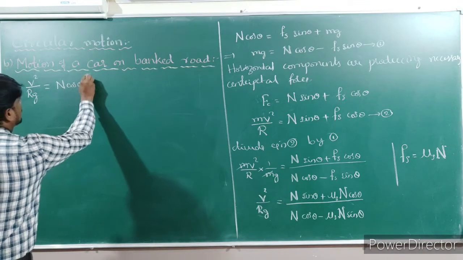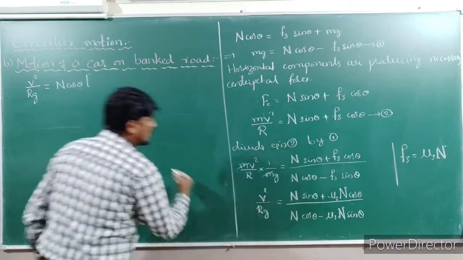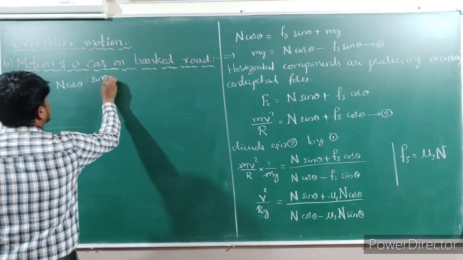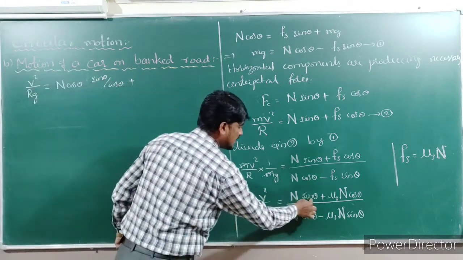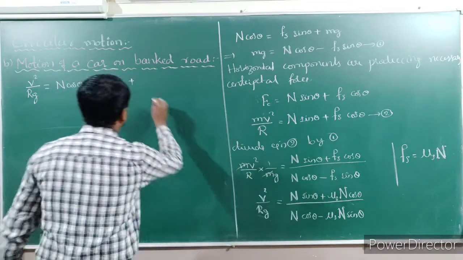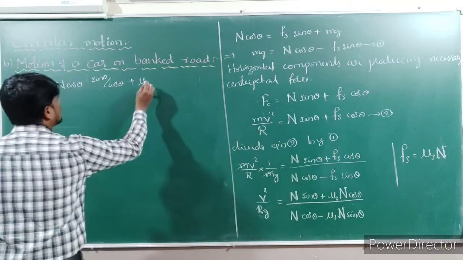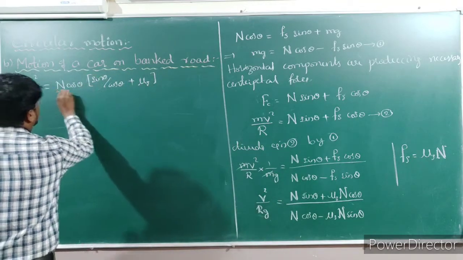Let's discuss. In the numerator, n cos theta is taken outside, so the bracket is left with the first term sin theta by cos theta plus μs, only μs, because n cos theta is already taken outside. This is the numerator, divided by